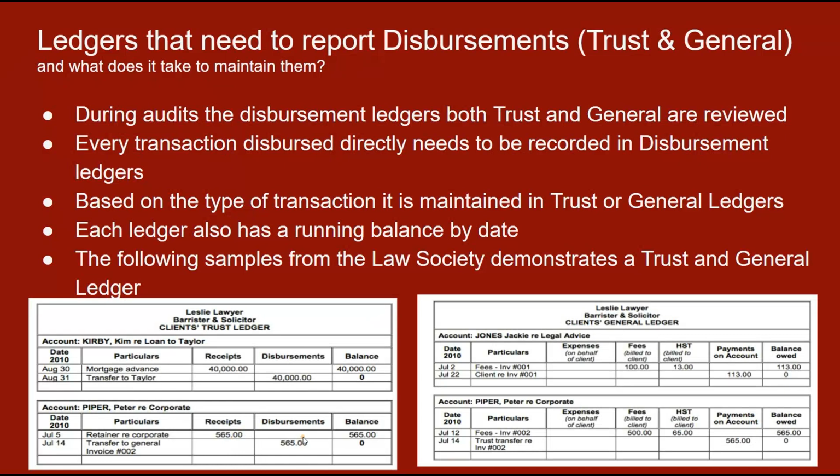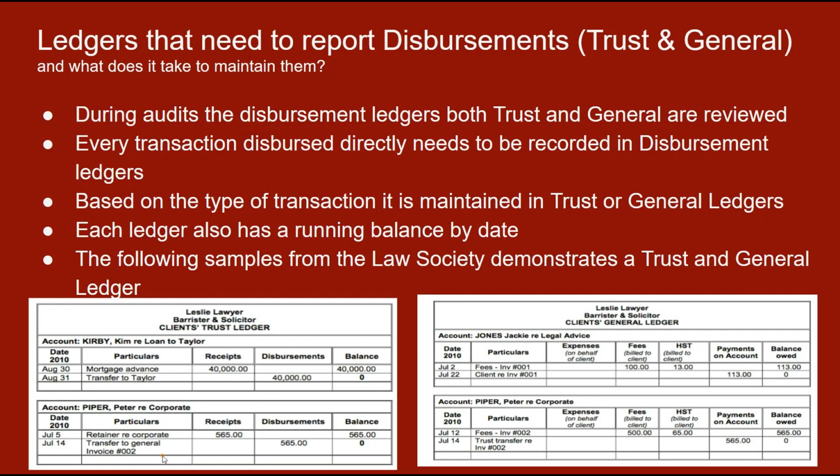Got it. Now, what if this was a general payment? So let's say you still had money coming into the trust account, okay? But you still have to generate an invoice because you had used the general account to pay for it. Now what? In which case, you do have to raise that invoice. That invoice may, or in this, let's assume it contains fees and disbursements. So the $565 in this case was $300 of fees and $265 worth of disbursements. You have to generate the invoice.